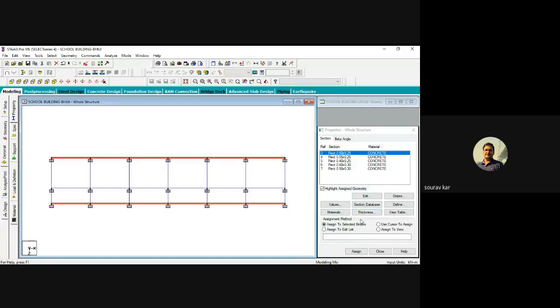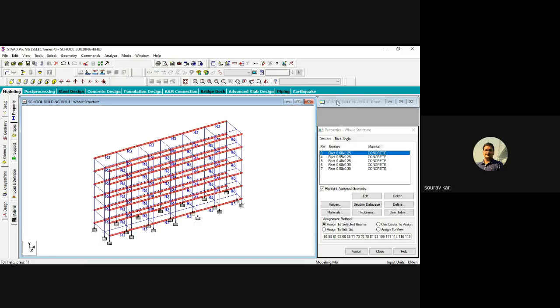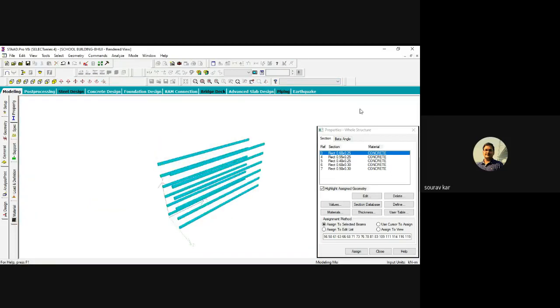Now I will assign this beam section to all these beams parallel along 5 meter. So I'm assigning this. Yes. If you want to see the 3D view, it has been shown.